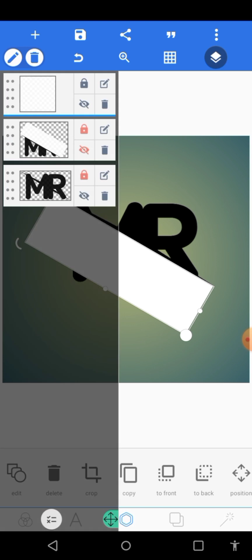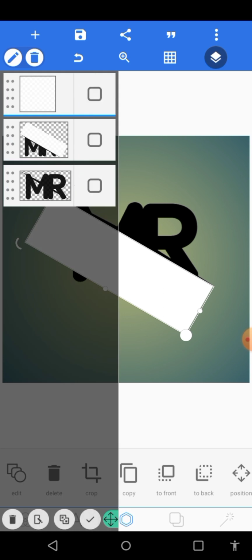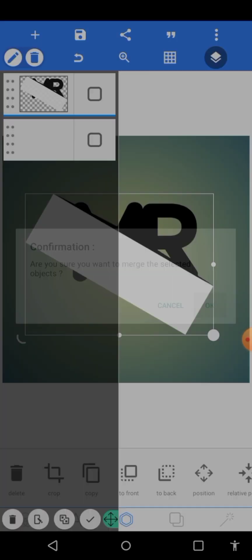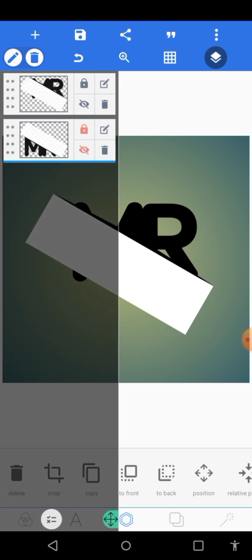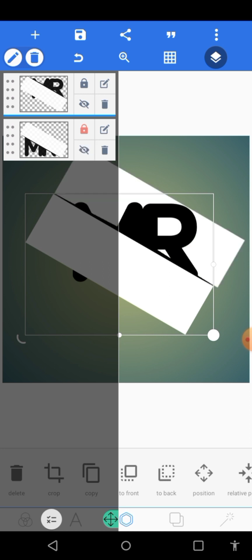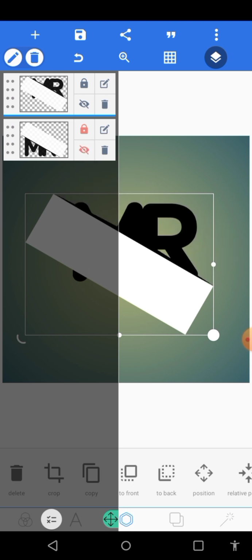So we click on it, we merge this and this together. Let's say okay, they're merged. So now we've merged both of them. So let's release the eye. Okay, yeah, this is it. So let's still lock it,